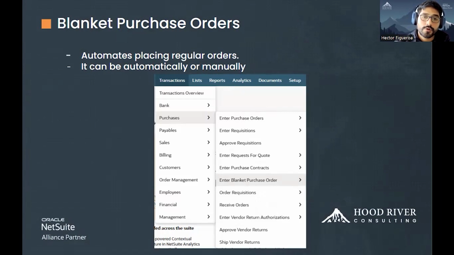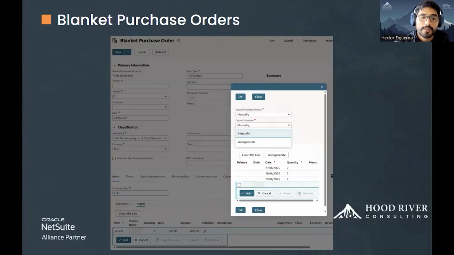The blanket purchase order helps you to automate placing regular orders. In this case, we can create one blanket purchase order with an X amount of one specific item, and then separate this amount into several dates in which we can create several purchase orders.